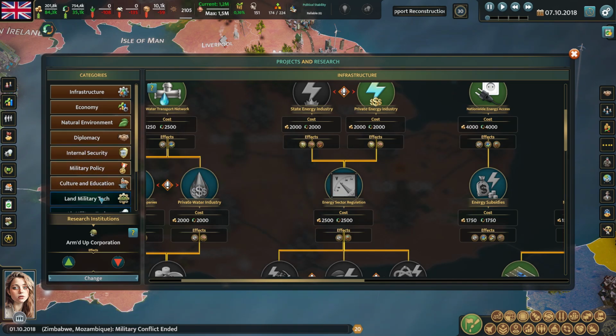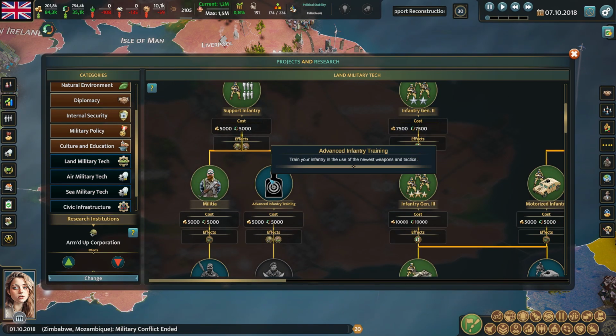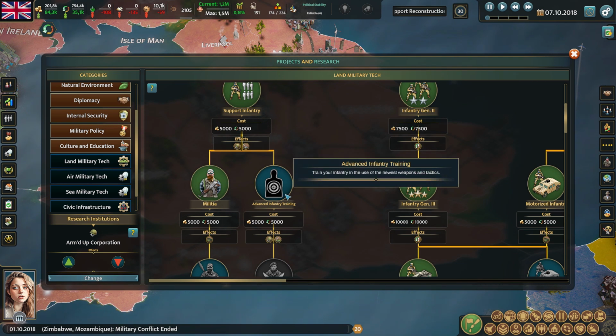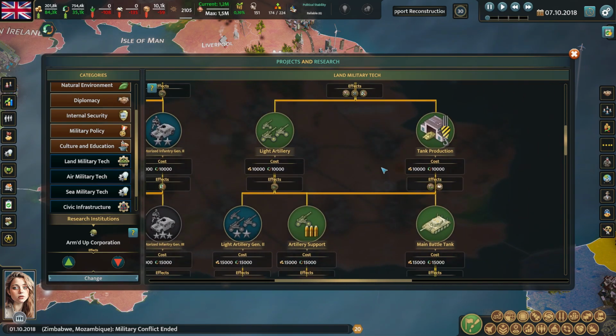Research, on the other hand, is a separate chapter. What the player researches is researched forever. He can use it, such as a new version of a main battle tank and its more advanced